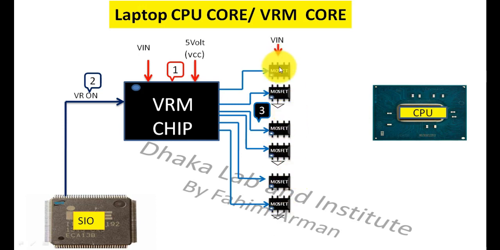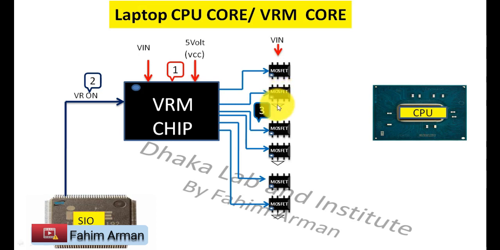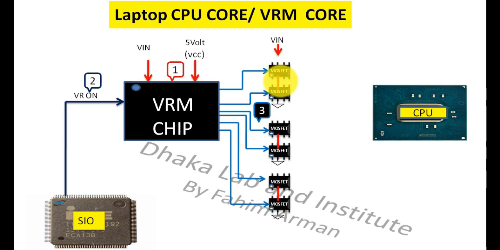First this MOSFET will get VIN voltage, and then from drain to source this voltage will pass, and then from the source to the second MOSFET it will come, and then there will be ground to the source of the second MOSFET of all these phases, and then there will be a connection with these MOSFETs, and they will try to make high low, high low, high low, and there will be a phase, and this phase will create